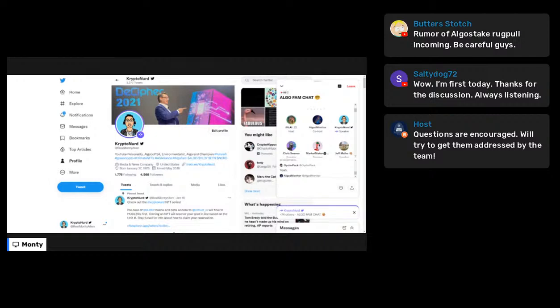So citrus.io will be a portal where you can log in, post projects, put reviews on projects, and alert the community to what you think might be a scam. Just information will be uploaded there. It's not really meant to be a forum type of back and forth. It's more of a here's my review of this particular project, and then people can give a thumbs up, thumbs down. The Citrus team itself will also review them.